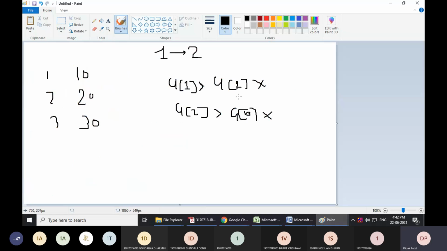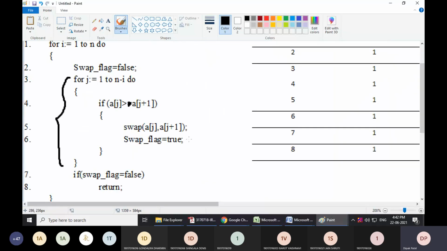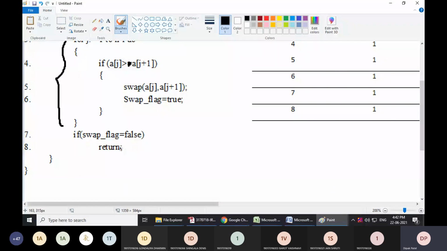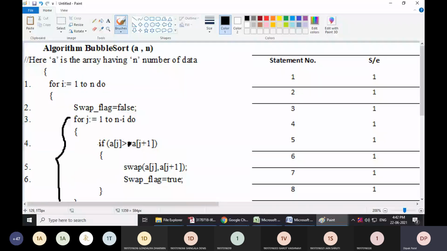In the first pass, no swapping is performed, hence we can say that data are already sorted, and we can detect that based on this flag condition, because the flag was initially false. Here you check that if flag is false, then there is no need to repeat the next pass. Return from the function because data are already sorted. So this is early detection of sorted elements. Within the first pass, we can detect that data are sorted.